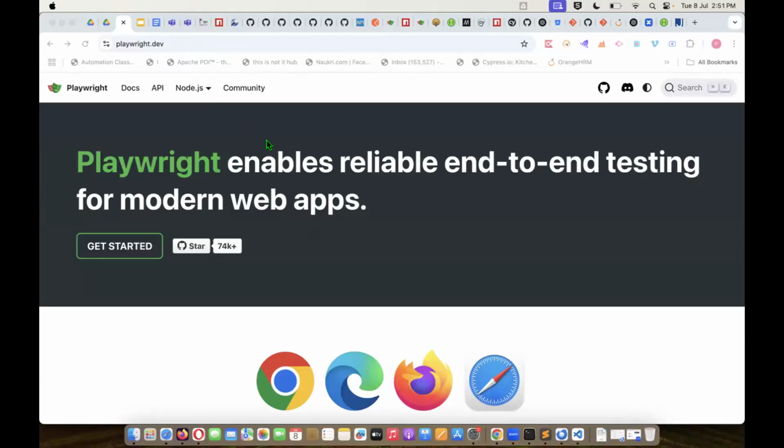Currently we have Playwright, Cypress, and Selenium. If you compare all of these tools in the current market standard, you will see the contributions towards automation, whether it is API automation, UI automation, or even different types of testing.